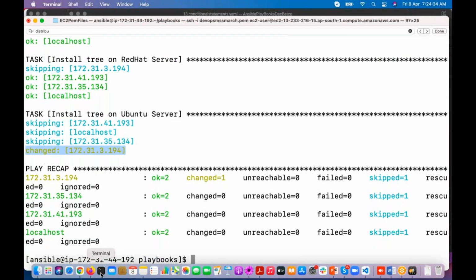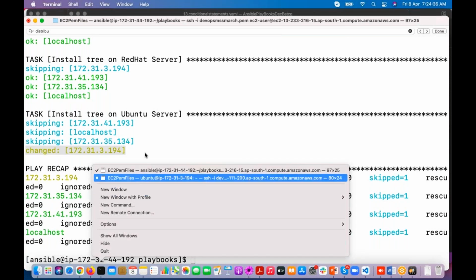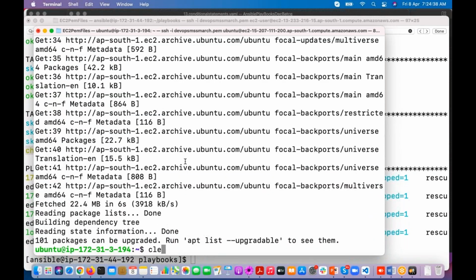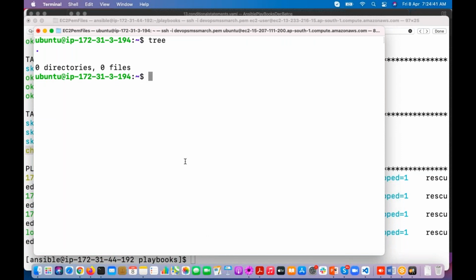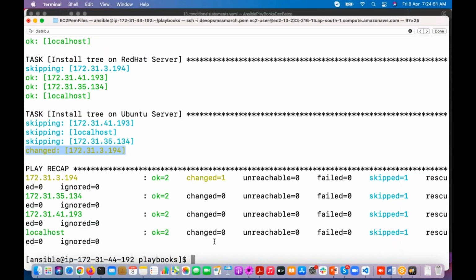Now you can go here in other server, just execute that tree command, tree. See, it is working. Earlier, it was saying that command not found. We need to install it. We installed. So now, I'm going to update this playbook